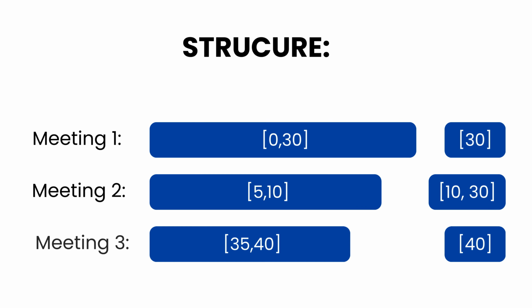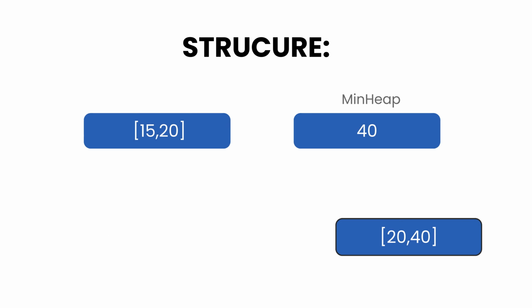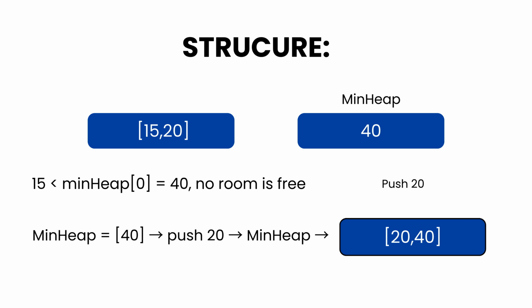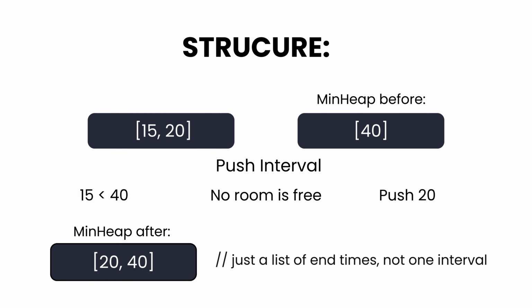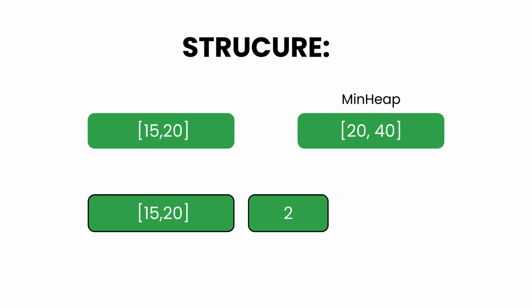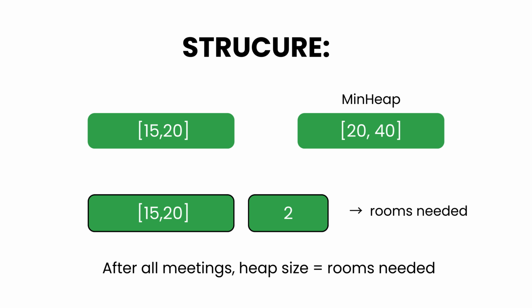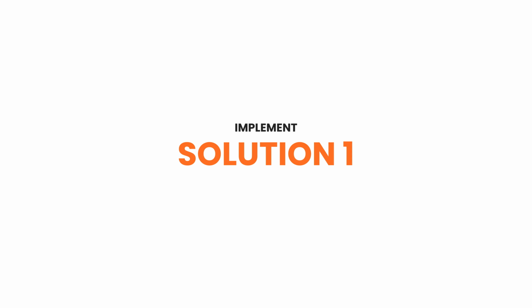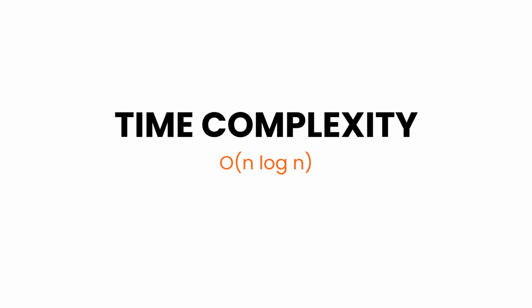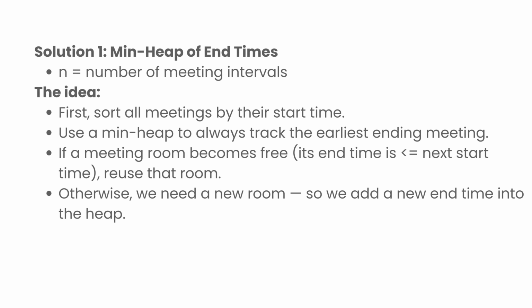Sort intervals by start time. Initialize a min heap, a priority queue. For each interval, if the heap is not empty and the interval starts greater than or equal to heap[0], the earliest end, pop from the heap. Push the interval's end time onto the heap. After all meetings, the heap size equals the rooms needed. Time complexity for this approach is O(n log n), because sorting dominates the runtime, and heap operations cost log n